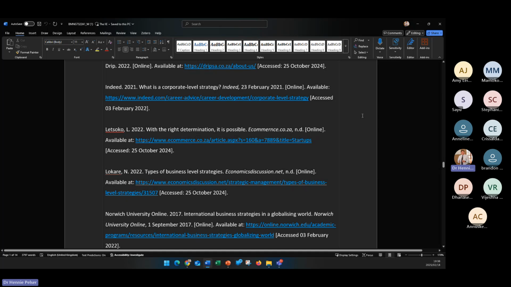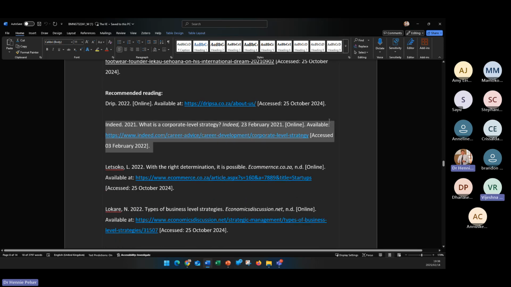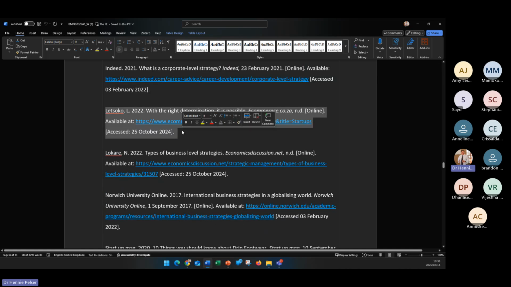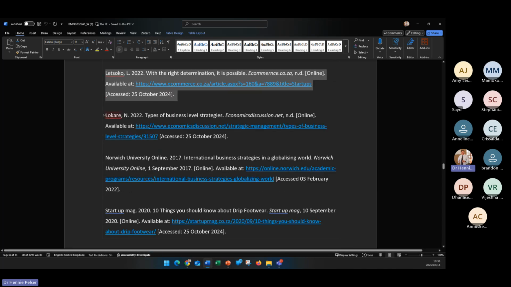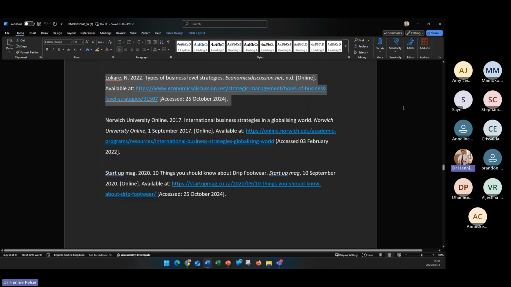Yeah, okay. So before I even do that, guys, Indeed is not a peer-reviewed source. Do not use Indeed as a reference. It is not a peer-reviewed source. I don't care that it's recommended reading. Stay away from that. We should not be using that. Please stay away from it. Honestly, we need to be more professional in this. This is not a peer-reviewed source. Please stay away from that one as well.